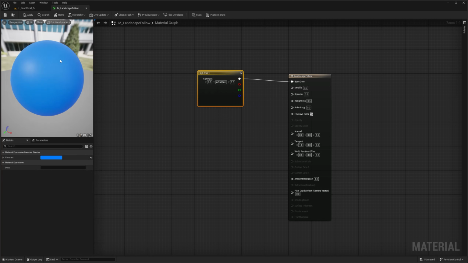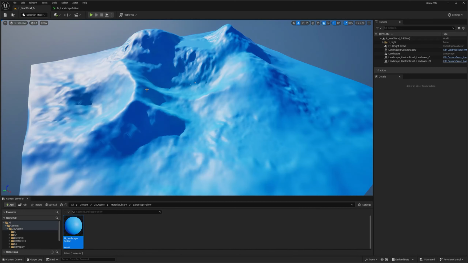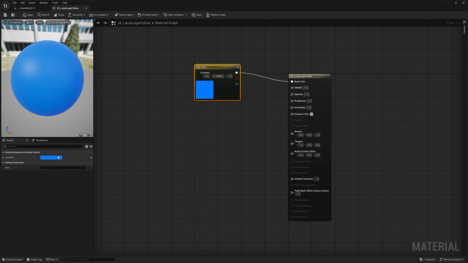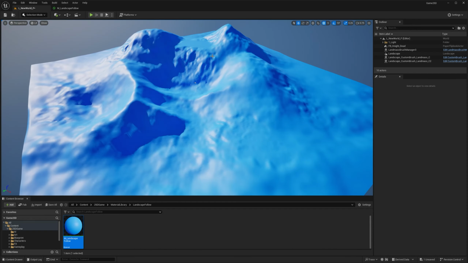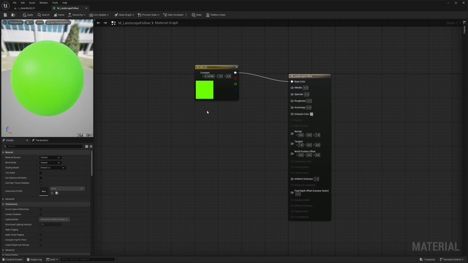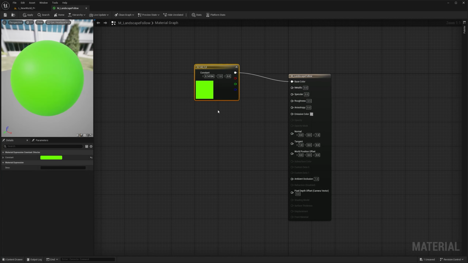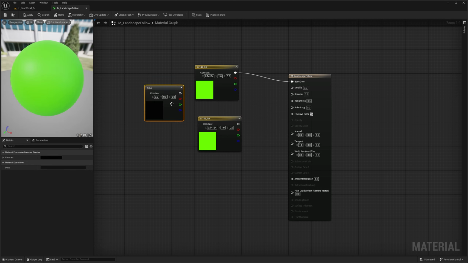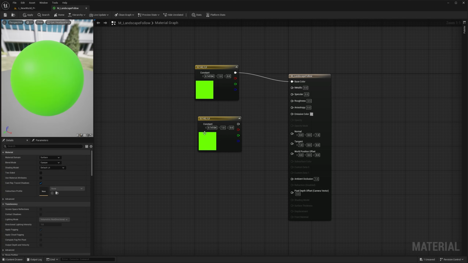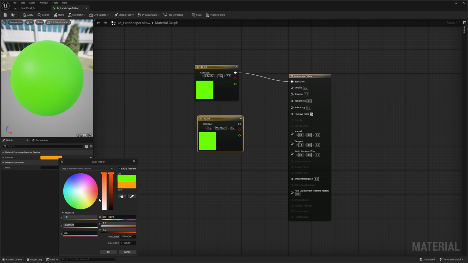There's a very annoying thing that happens. Every time we change the color, we need to save. We're going to learn pretty soon how to not have to do that. But for now, that's how we're going to approach it. So if I go back to my world, now everything is green. The landscape is green. But I also want, when you have the mountains, the side of the mountains, to be another color. So I'm going to press Control C, Control V, or hold the 3 on the keyboard and left click. And the next one I'm going to put is a dirt color.